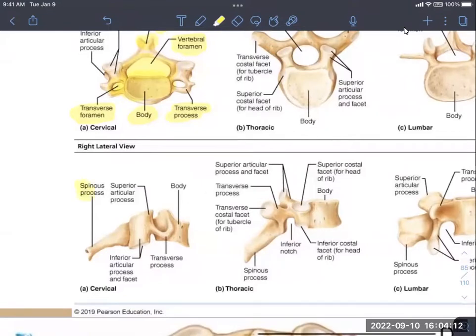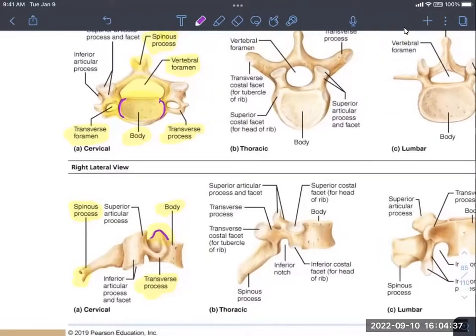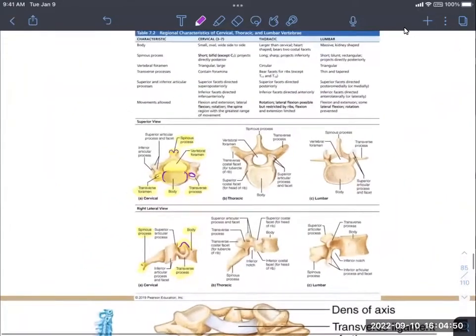Again, we see that spinous process. You can still see part of that bifid. You see our transverse process, our body. Cervical vertebrae also kind of have this part that goes up on either side. You can't see it well from the superior view, but you see it from the lateral view. That makes cervical vertebrae different on top of those transverse foramen, on top of that bifid spinous process. All of that is what makes cervical vertebrae